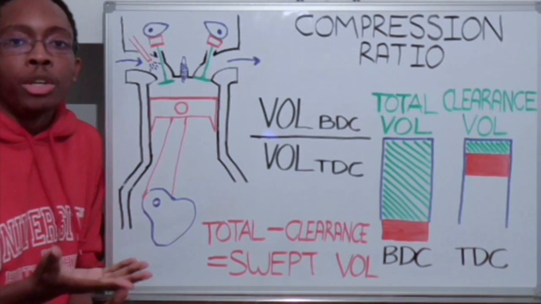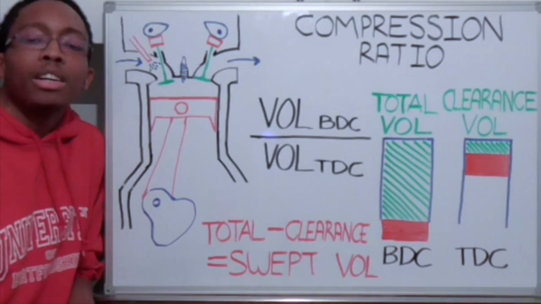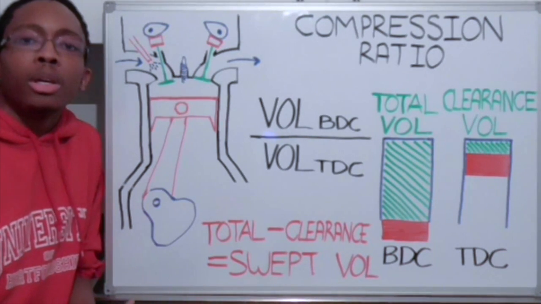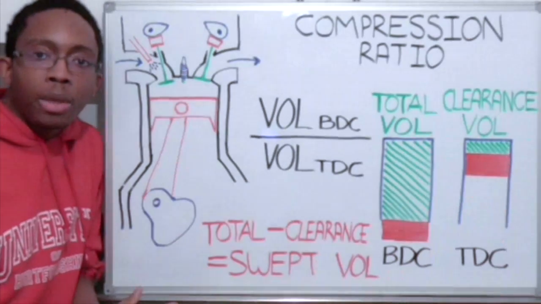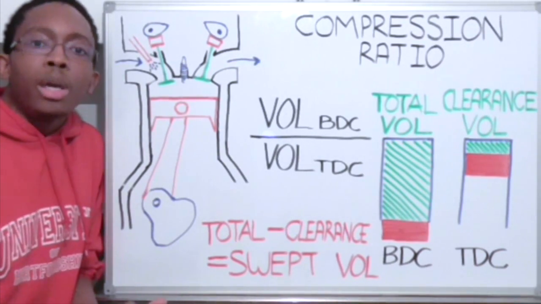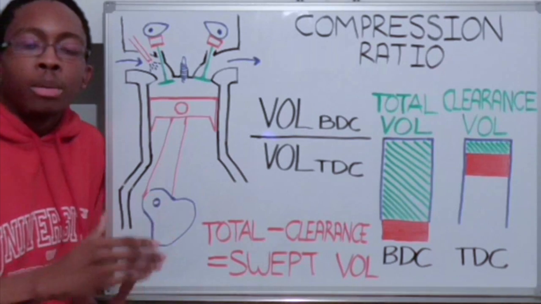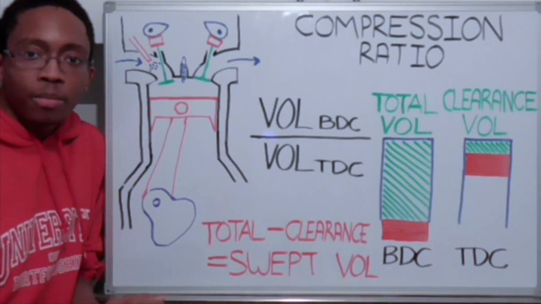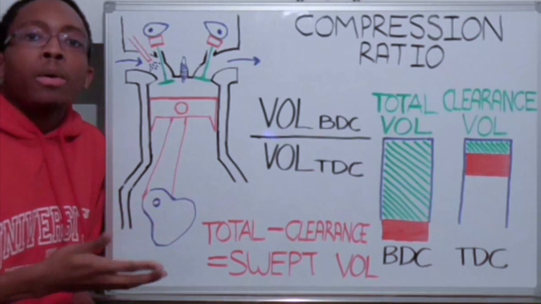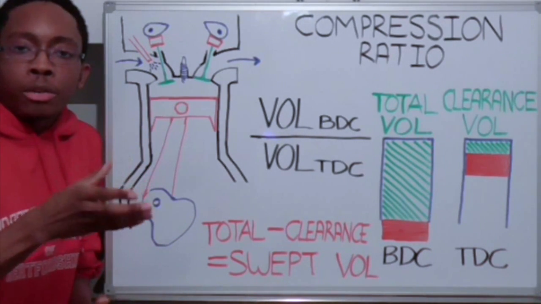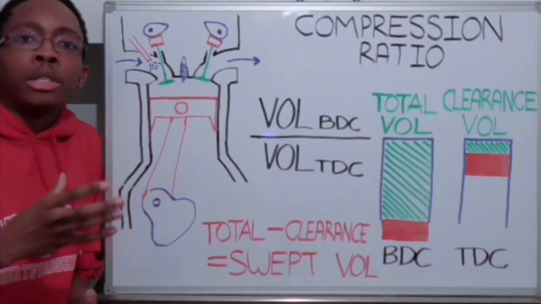As we increase the compression ratio, we also increase the thermal efficiency of the engine. There is a direct relationship between the compression of our fuel and air mixture and the temperature within the cylinder. The more we compress our fuel and air mixture, the more we will increase the temperature within the cylinder. Thus, when we compress our fuel and air mixture, the temperature will increase to a point where the fuel and air will actually self-ignite